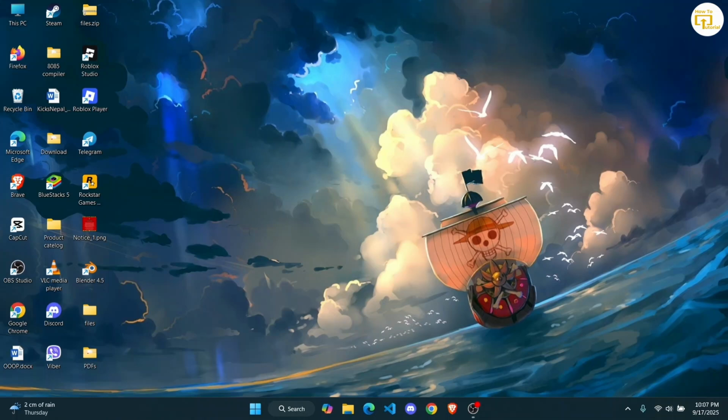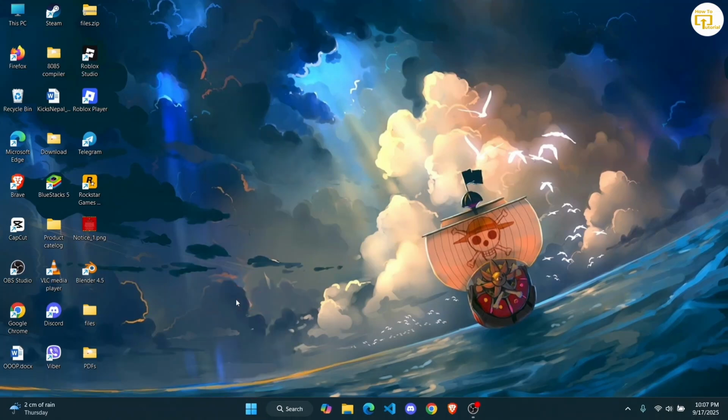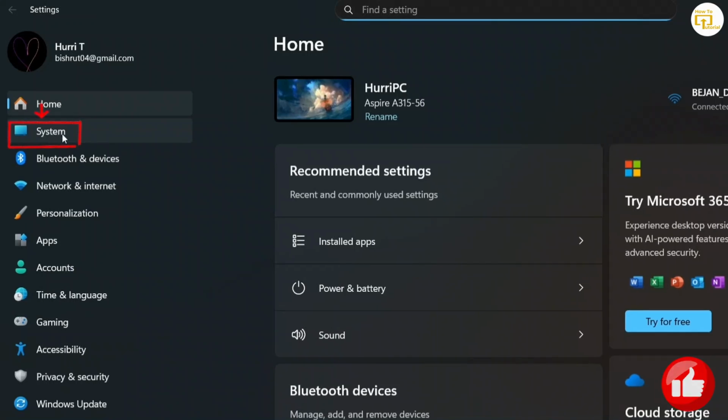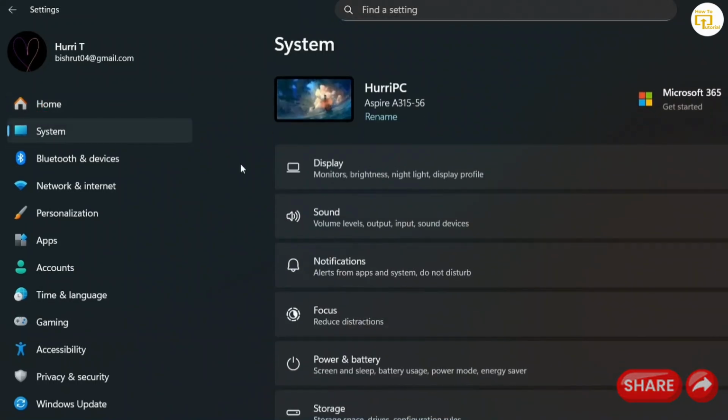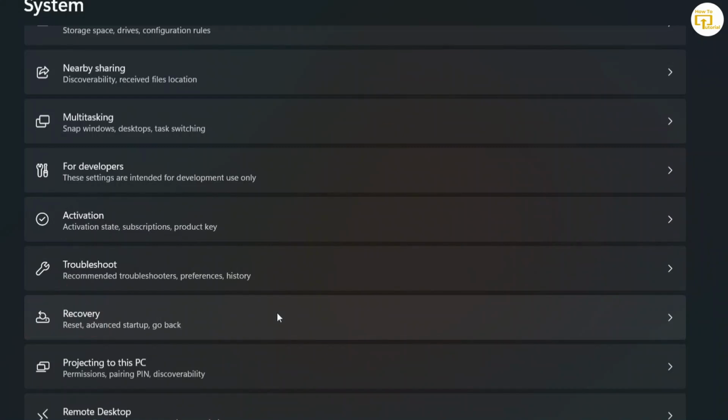In today's tutorial, we're going to see how to easily reset your Windows laptop or PC. So if you want to format your laptop, what you basically have to do first is right-click on the Start menu and then find Settings. Once you head over to Settings, on the left-hand side, you'll find System. Go over there and then scroll down until you find Recovery. Tap on Recovery,